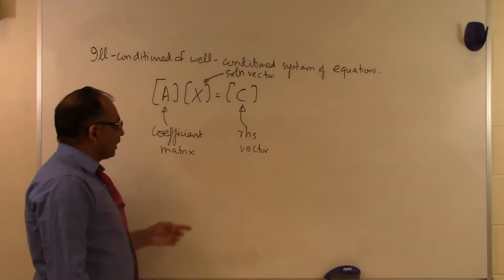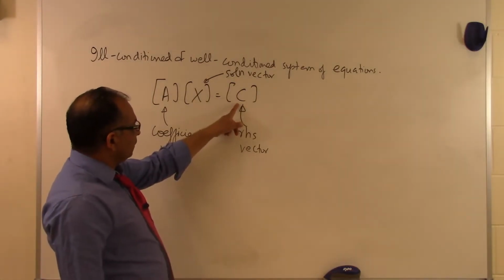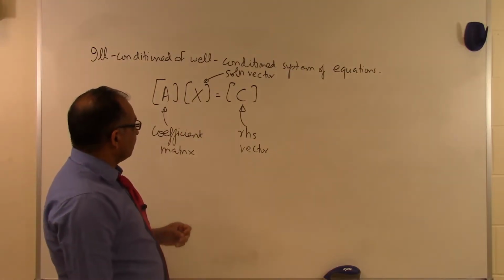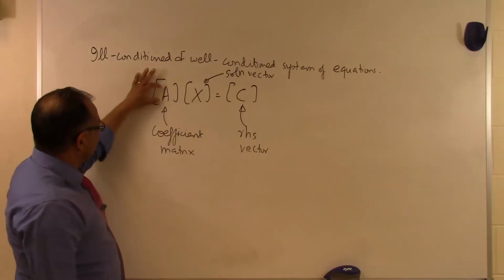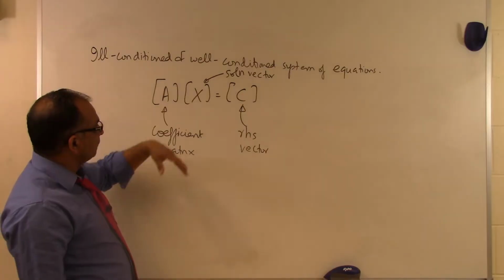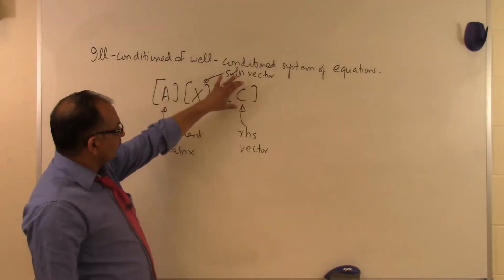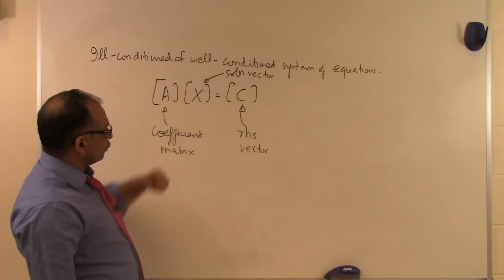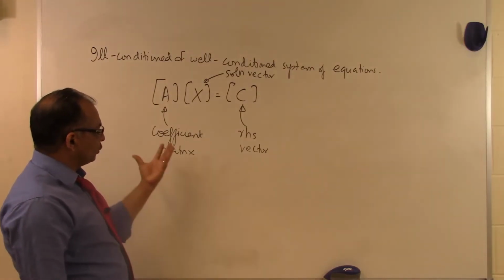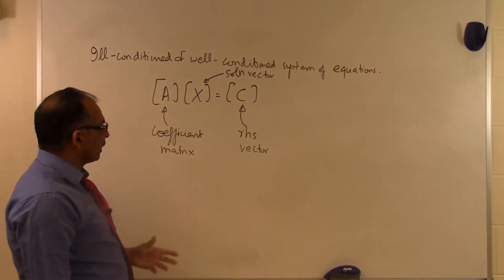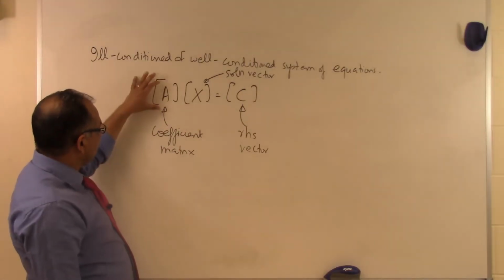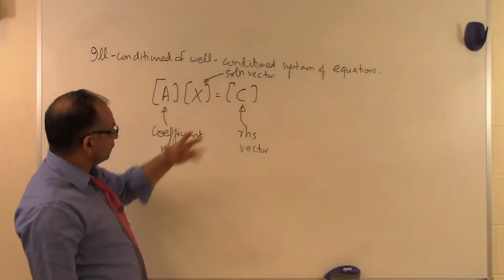Or if I make a small change in my C vector, how much change does it make in my solution vector? Because you would like that if I make a small change in the coefficient matrix, the solution vector changes by a small amount. Or if you change the right-hand side vector, you would like the solution vector to also change by a small amount. Because as we go through the process of setting up simultaneous linear equations for real-life problems, those might be set up through a program where we're going to have round-off errors in the calculation of the A matrix and the C matrix, let's suppose.